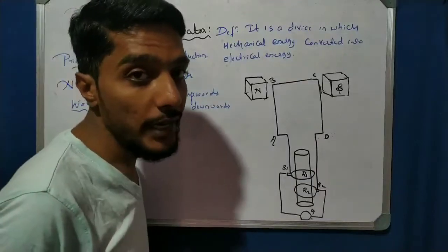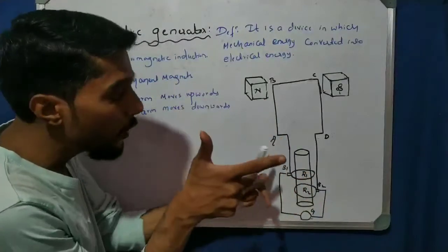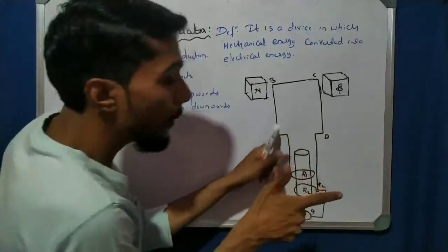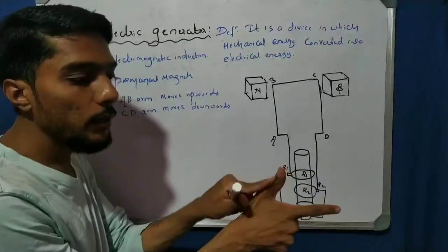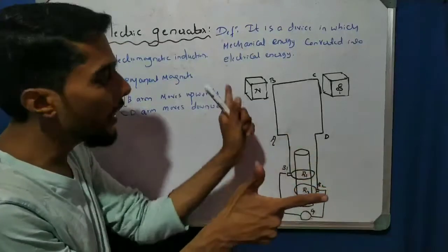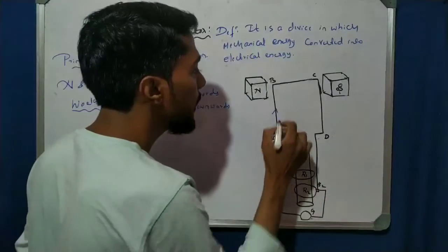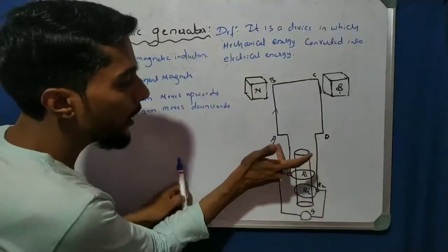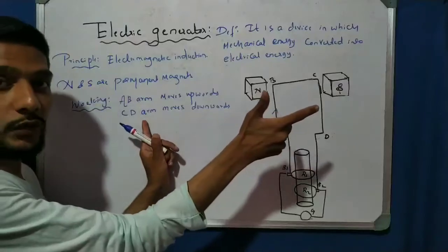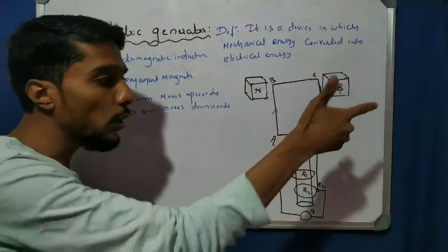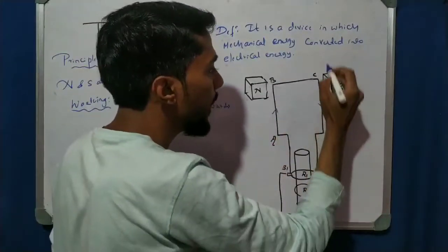Now, the direction of current. See, this is the right hand. AB moves upward, so I apply the right hand to AB first and then CD later. AB moves in the upward direction, and the field is in this direction, N to S. So the current is inwards, which means it is from A to B. Now apply to CD. CD moves downward, so the current is outwards, which is C to D.